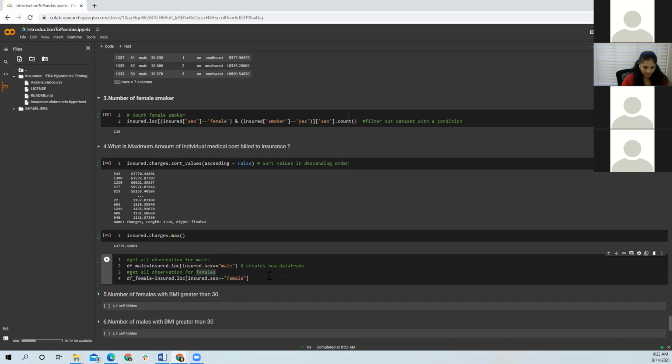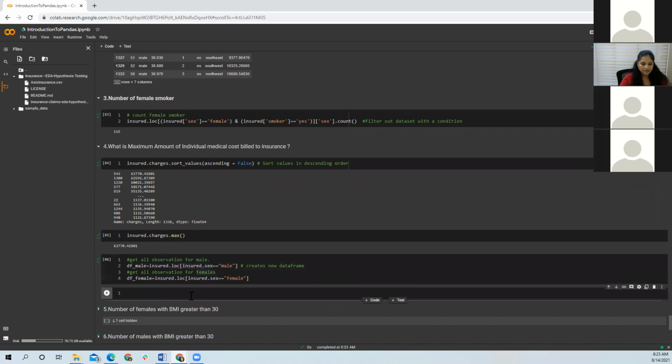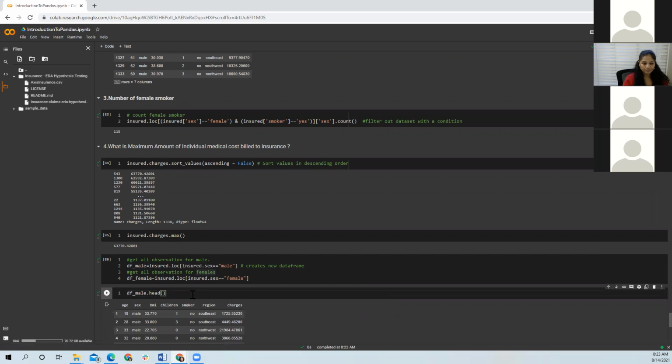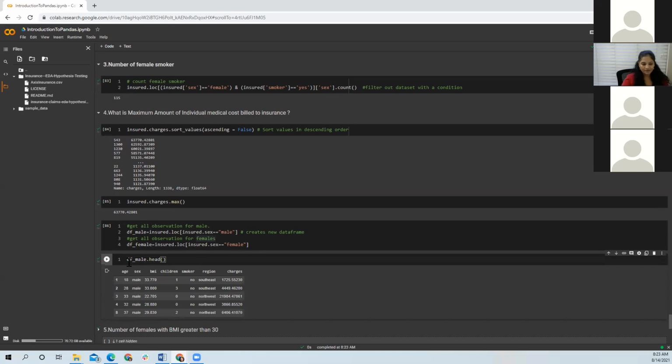So let's create this new data frame and check the values for this data. Once this data frame is created, always keep verifying your steps. So now we have this new data frame where sex is all male.